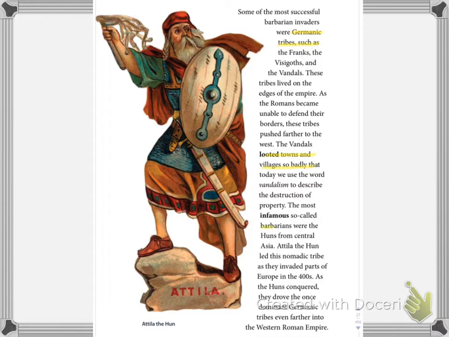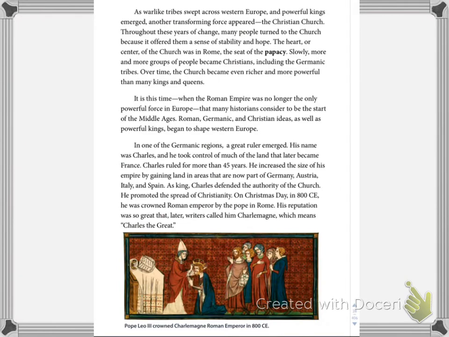The barbarians, led by Attila the Hun, invaded parts of Europe in the 400s, and they drove, meaning they pushed, the Germanic tribes farther into the Western Roman Empire. So we had the tribes of Vandals and the tribes of barbarians pushing on the borders of what was the Roman Empire. Okay, page 5. As warlike tribes swept across Western Europe and powerful kings emerged, another transforming force appeared, the Christian